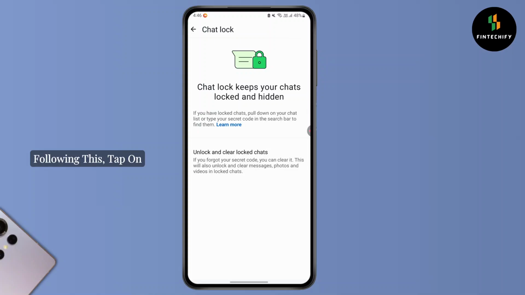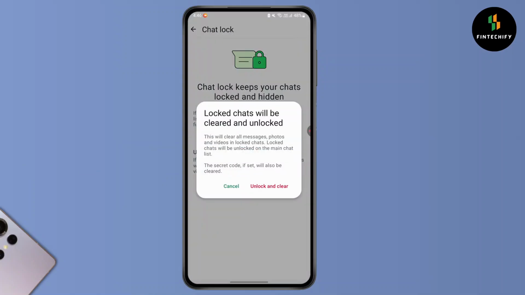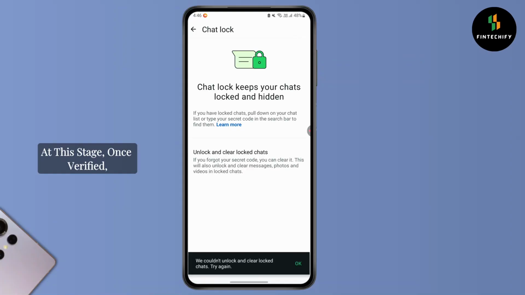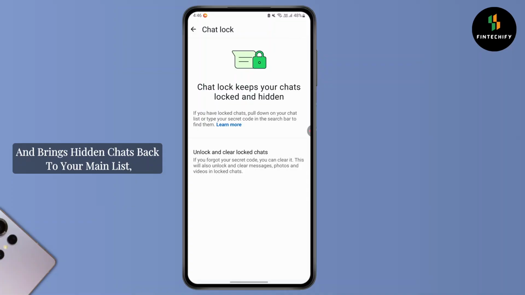Following this, tap on Unlock and Clear Locked Chats to reset the process. From there, WhatsApp will ask you to verify your identity using your fingerprint or face unlock. Go ahead and authenticate. At this stage, once verified, this removes the secret code and brings hidden chats back to